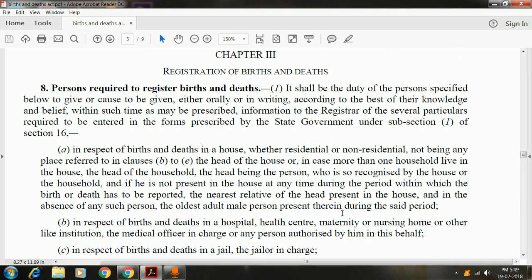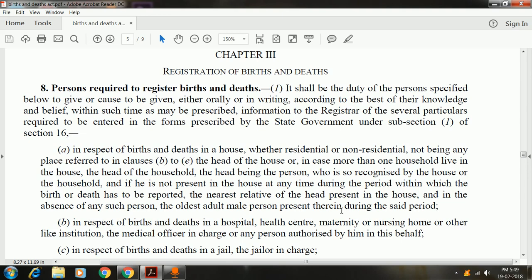Now, let us get into the persons required to register births and deaths. It shall be the duty of the person specified below to give or cause to be given, either orally or in writing, according to the best of their knowledge and belief, within such time as may be prescribed, information to the registrar of the several particulars required to be entered in the forms prescribed by the state government under subsection 1 of section 16. Now, in respect of births and deaths in a house, whether residential or non-residential, it will have to be